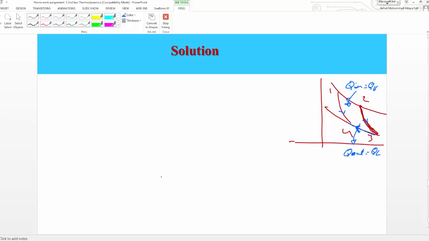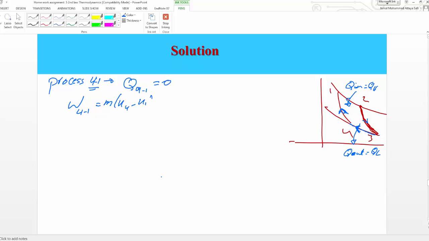Okay, so now we come to process 4 to 1. Process 4 to 1 is similar to process 2 to 3, because this is an adiabatic compression. And when we say adiabatic, of course we know that Q 4 to 1 equals 0, there's no heat transfer, and then we are left with the work equal to